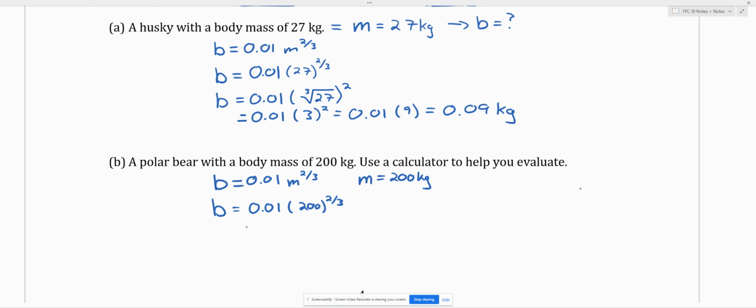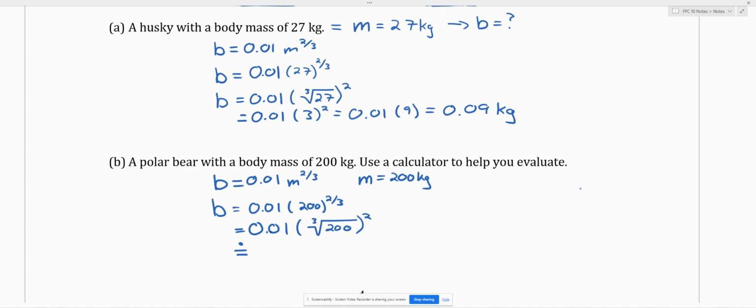All right. And we're going to need a calculator because 200 is not a perfect cube. Okay, but we're going to rewrite it in that form. So we put the 200, shoes are a 3, the hat's a 2, and we're going to need a calculator for this. And what you'll end up actually getting is, just looking at my notes here. Yeah, so we're going to get approximately, we're going to take the cubed root first, then square it, and then